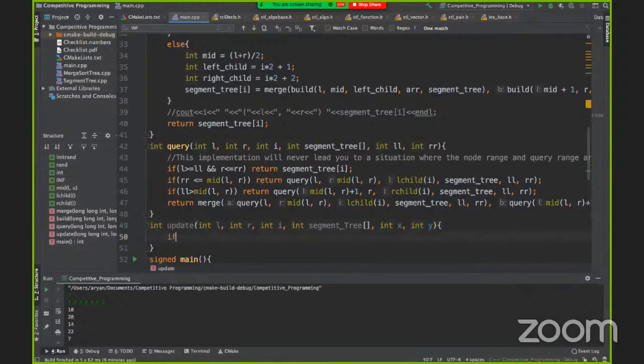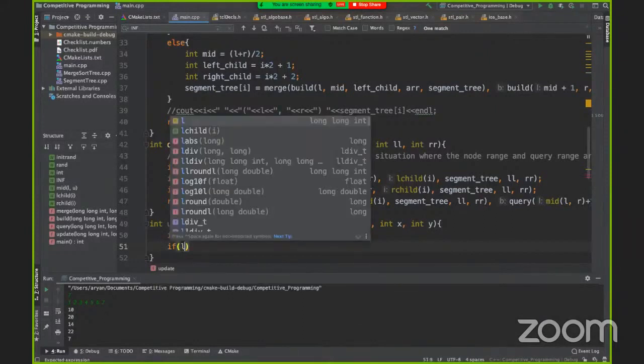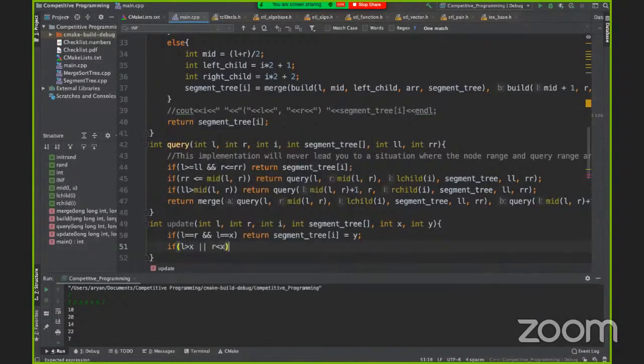The first condition was if l is equal to r and l is equal to x, then we can return segment tree I is equal to y. The second condition was if it's not in the range: if l is greater than x or r is less than x, then we can just return segment tree, because we don't need to make any change here.